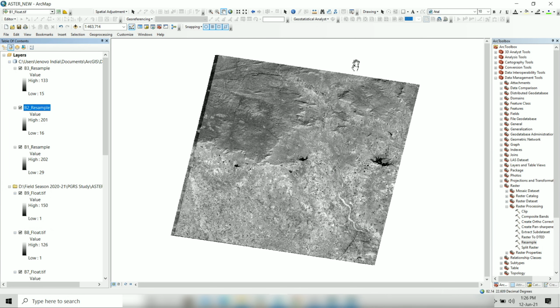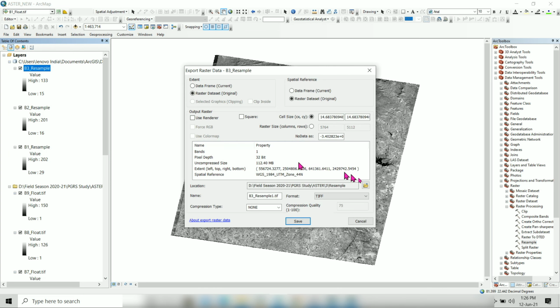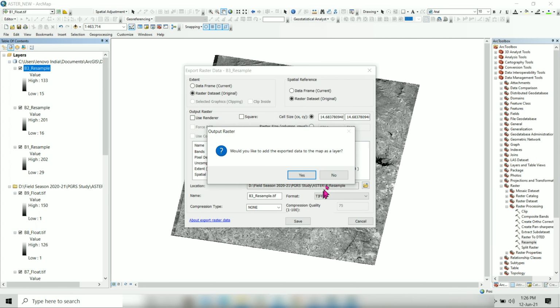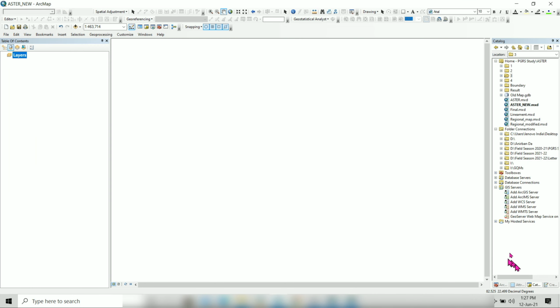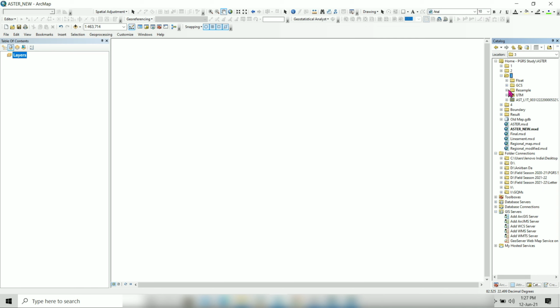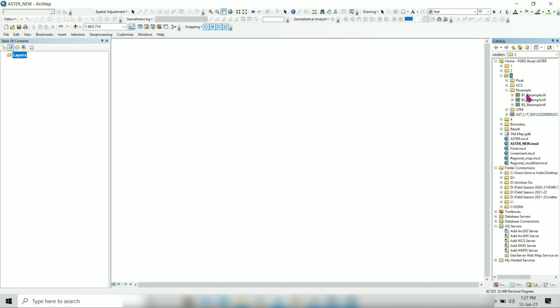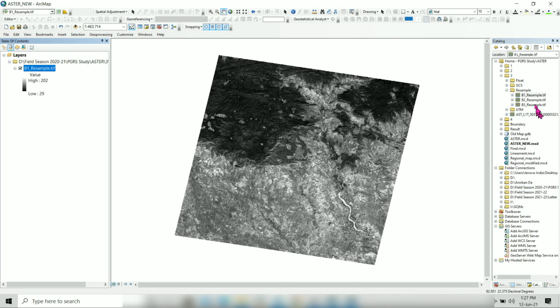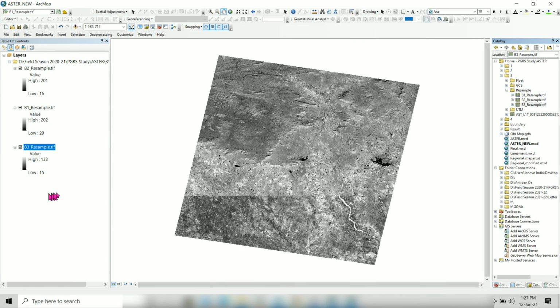And here the processing is going on. Now I have done it for all the 3 bands. You can see a specific folder has been added and I have renamed it resample. Now bring band 1, band 2 and band 3 to the table of contents.